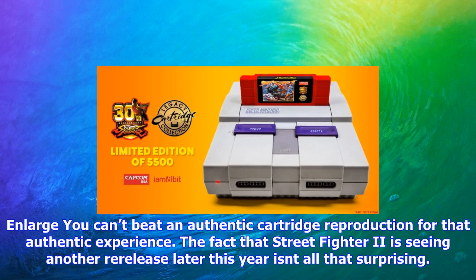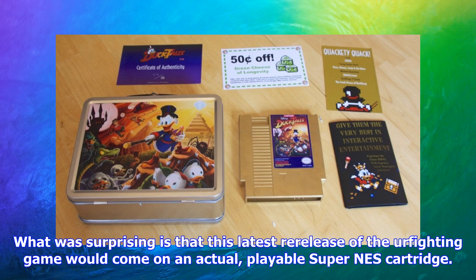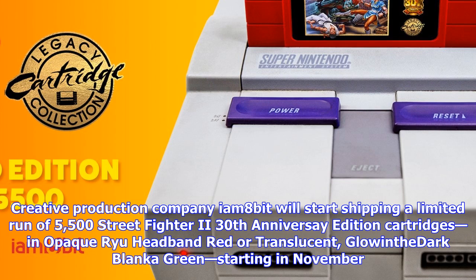You can't beat an authentic cartridge reproduction for that authentic experience. The fact that Street Fighter II is seeing another re-release later this year isn't all that surprising. Since its arcade and 16-bit heyday, the classic fighting game has appeared in some form or another on the PlayStation, PS2, PS3, PSP, Saturn, Xbox, Xbox 360, iOS, and feature phones. After all, what was surprising is that this latest re-release of the fighting game would come on an actual, playable